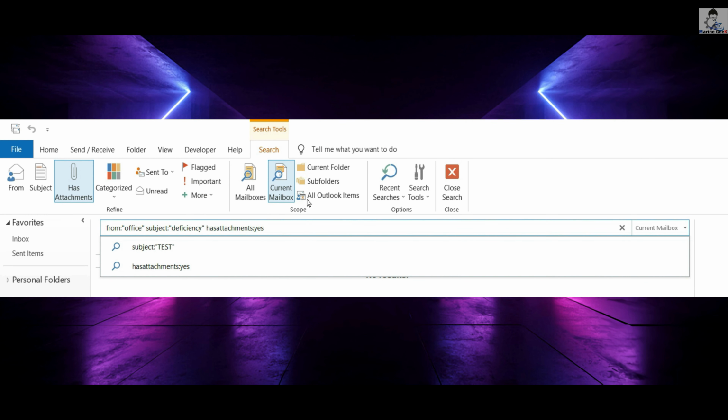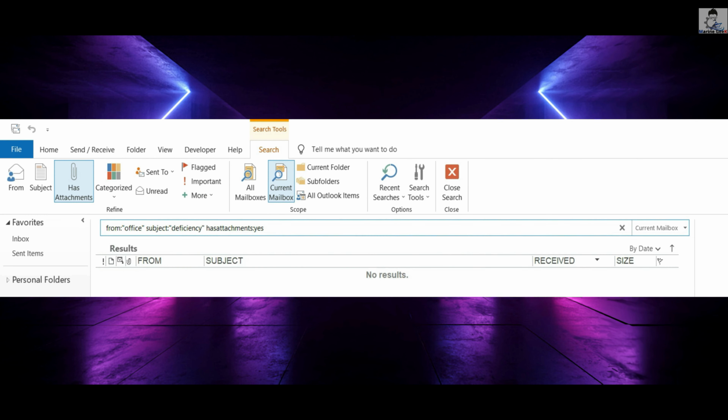The mailboxes have already been taken care of, and you can even search whether the email was flagged or not, whether it was sent to me or whether I was in CC, etc. So there are a huge number of things by which you can search for that particular mail.